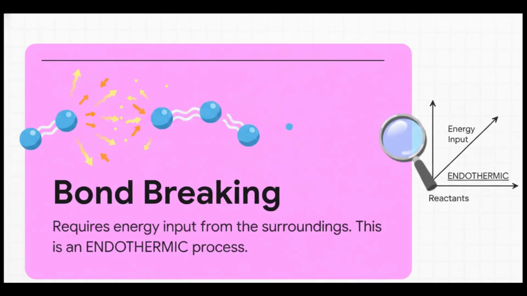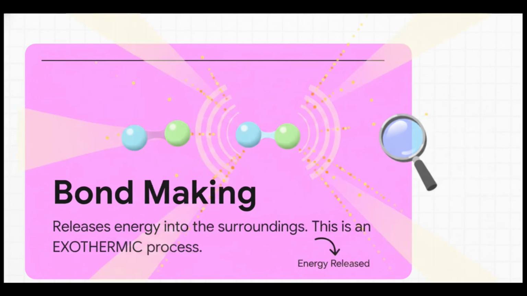Let's lock this idea in. Breaking any chemical bond, it doesn't matter which one, always requires you to put energy in. You have to spend energy to pull those atoms apart. And that makes bond breaking, by itself, an endothermic process. And on the flip side, when atoms come together and form new bonds, energy is always released. This is an exothermic process. Think of it as energy being paid back to the surroundings as the atoms settle down into a nice, stable